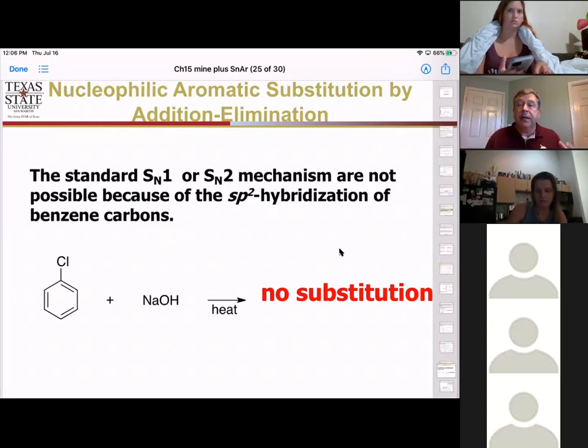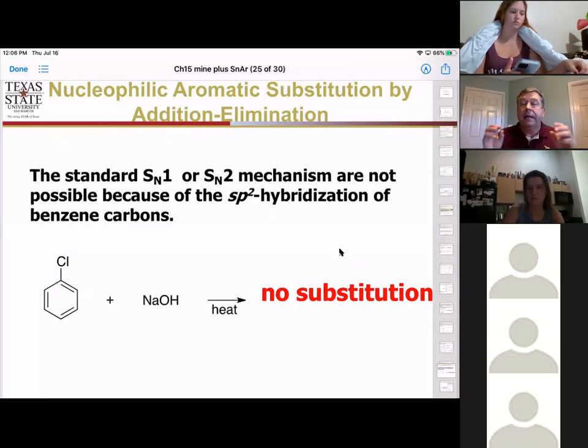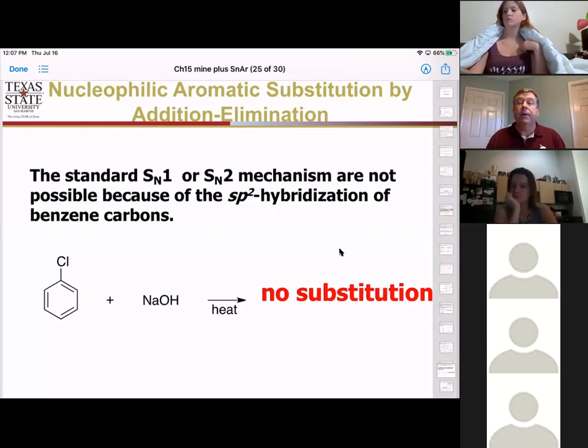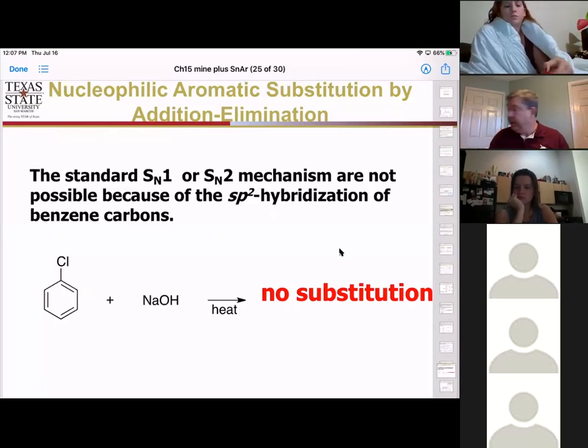So that's a unimolecular nucleophilic attack or a bimolecular nucleophilic attack, okay? Now those only worked because of things that were sp3 hybridized. We would go in and displace something, or we would have a leaving group leave, creating an sp3 hybridized carbocation, okay? So in the aromatic system, if we try to do that, for example, we have this aryl halide here,